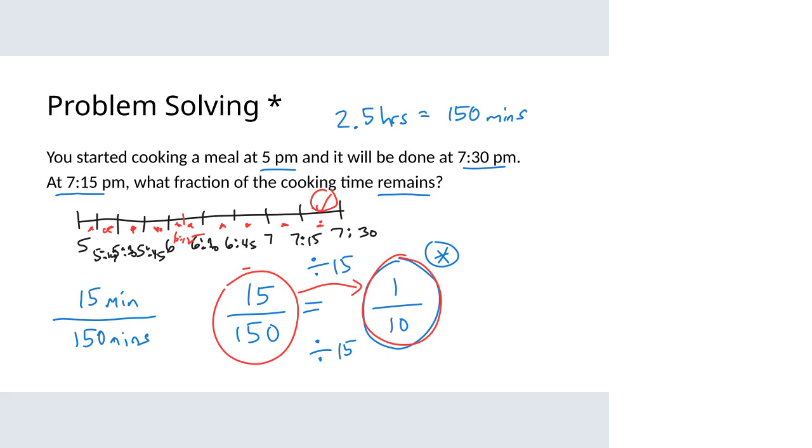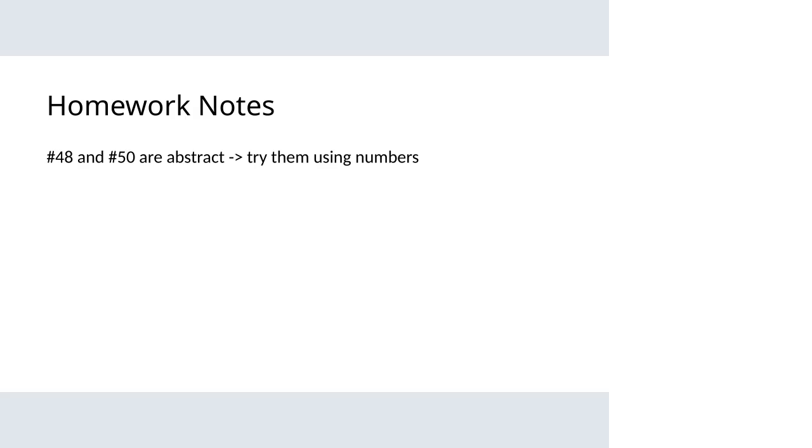One more thing before I wrap us up for today is this. In your homework, you're going to see a couple of questions that are fairly abstract in nature. Numbers 48 and 50 are pretty abstract. They're about A and B and something being less and something being increased. If you increase A and you increase B, I think they're excellent questions that I want you to play with, but since they're abstract, they can be a little bit hard to wrap your head around. When you're given an abstract question, if it's hard to wrap your head around, put some numbers in there and try it with actual numbers. That's a really good way to make sense of it, and that'll help you answer those questions. And that's going to be true for 48